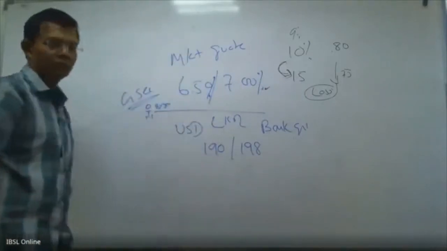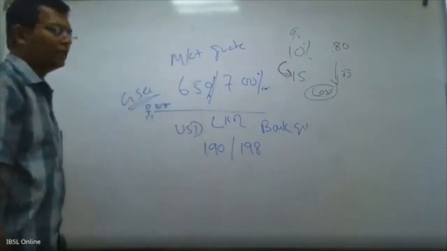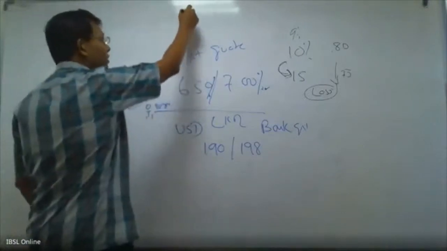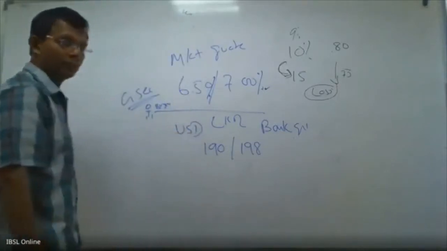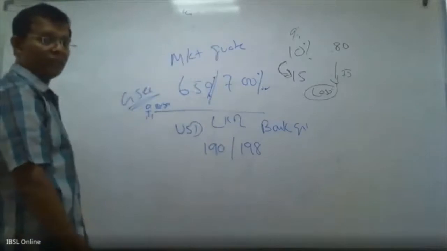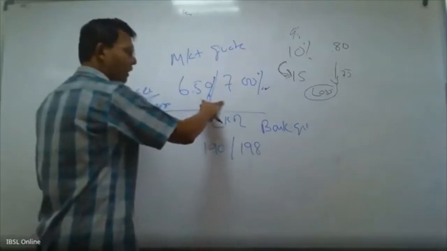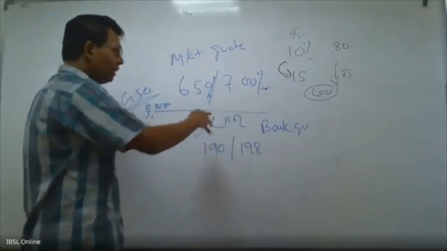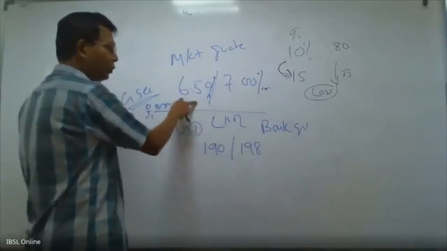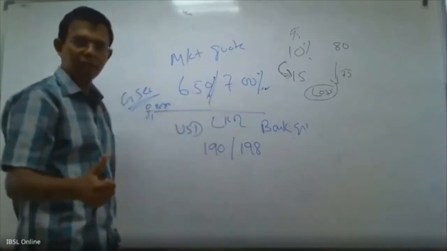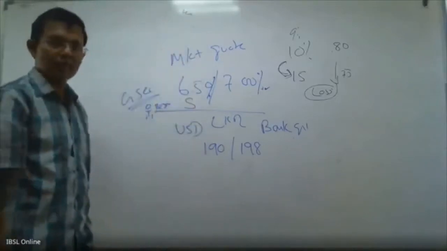Basically the seller will be selling at this. Whose quote is this? Market quote. This guy's quote. He'll be selling at what? This. And I am gaining. Of the two, 6.7 has the lower yield, so obviously I am selling at 6.5. Even if I sell at a loss, I can reduce the loss by selling at the lower yield. That we know. So I am selling to this guy. He is the selling quote.